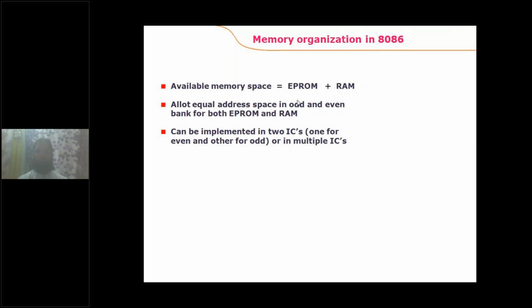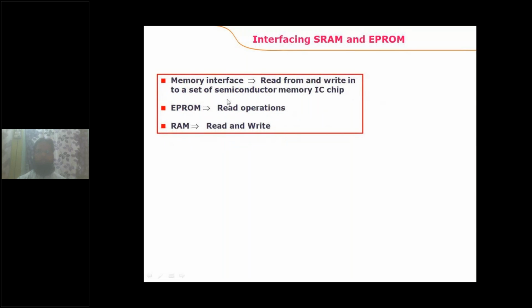There are 16 locations from FFFF0H to FFFFFH, and these 16 locations contain the call instruction to the operating system procedures. So the last address space of the memory consists of the operating system, and that memory should be permanent memory, and the RAM can be after that, the PROM. On a ROM device you can perform only read operations, and on a RAM device you can perform read and write operations.